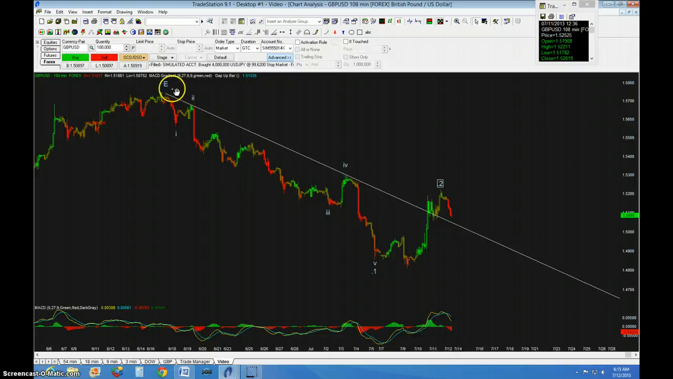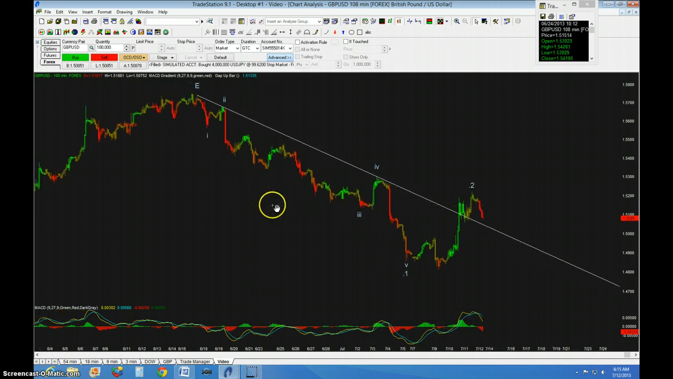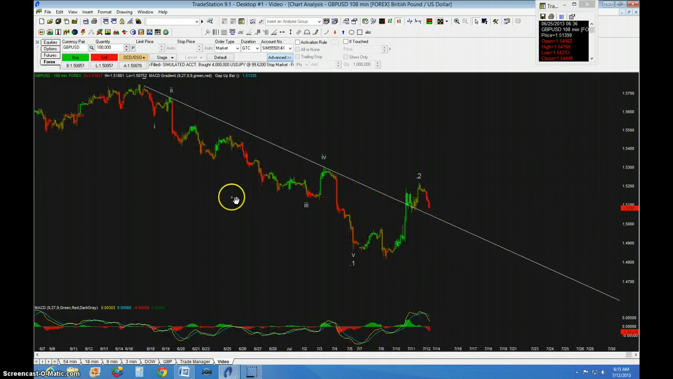Regardless of what the correct count is, whether this is 1, 2, 1, 2, or this is all 1 and this is 2, both the top count and the alternate count still suggest that the move in the short direction will continue. So that's what I'm looking for. And that's basically all I can think of. The only thing that I would say is,